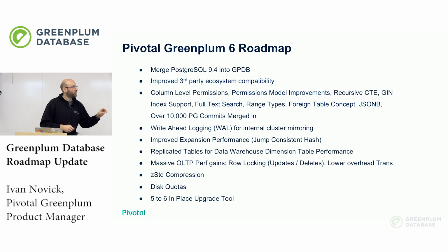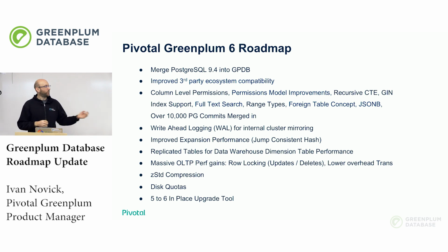And looking at other use cases, we are completely focused on big data use cases here. But what I found in the real world is that in real world big data use cases, data warehouse use cases, analytical use cases, some amount of OLTP is required in real projects, right? Whether it be tracking tables or integrating in some set of data that needs to be updated frequently, it's idealistic to expect that we'll do all of my big data querying here, and then I'm going to have this other database for OLTP. Well, that's great. If you're fully doing an OLTP workload, you should put it in another database. But if you have a mixed workload, it can be very inconvenient to have to push off your OLTP to another system. So what we see is the ability in Greenplum 6 to get massive OLTP performance gains